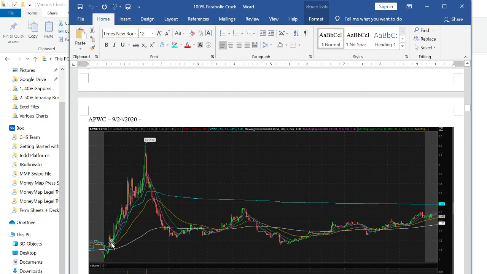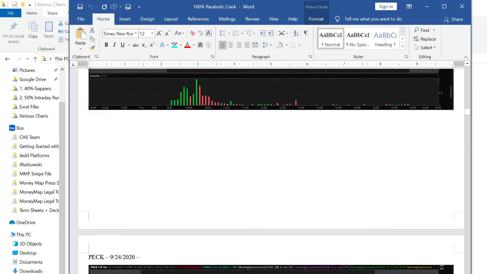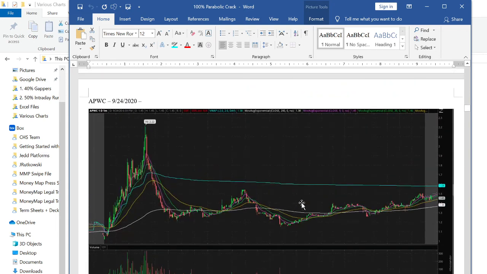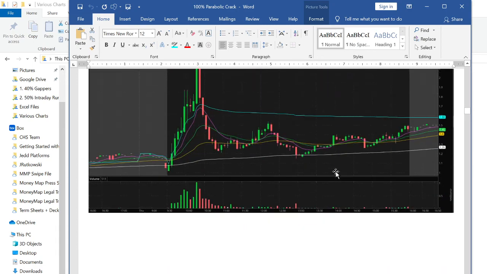Chop. Don't want to short this at all. You want to wait for the crazy parabolic with insane volume, and then it cracks. And also, that's a good reason why you usually want it to be close to 100% parabolic. Anyway,